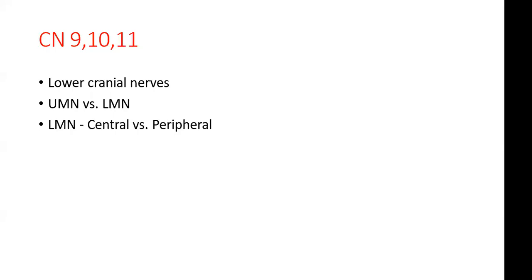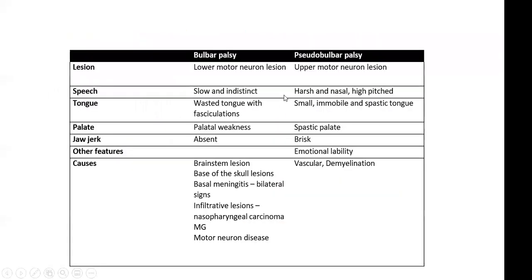And as I told you, all cranial nerves have an upper motor neuron component and a lower motor neuron component. The upper motor neuron component lesion of these bulbar cranial nerves, that is 9, 10, 12 and also to a certain extent 11, mainly 9, 10 and 12,